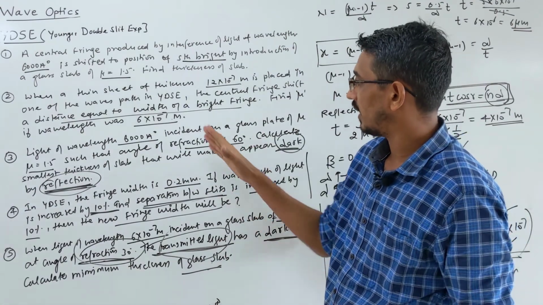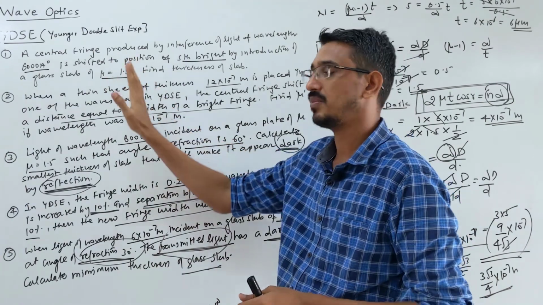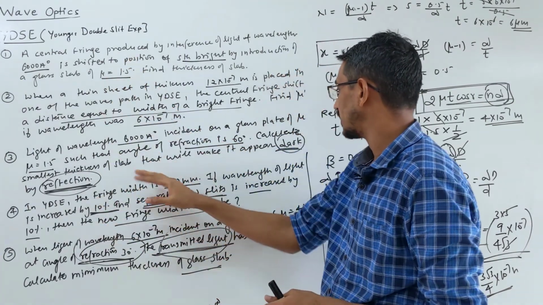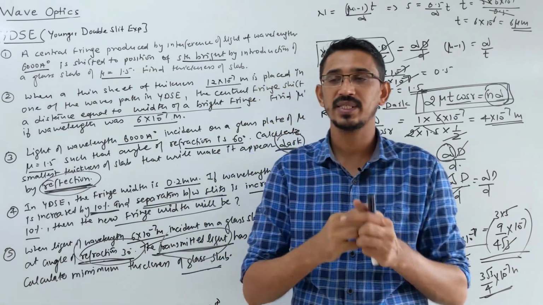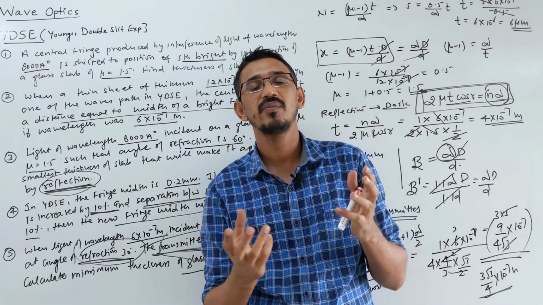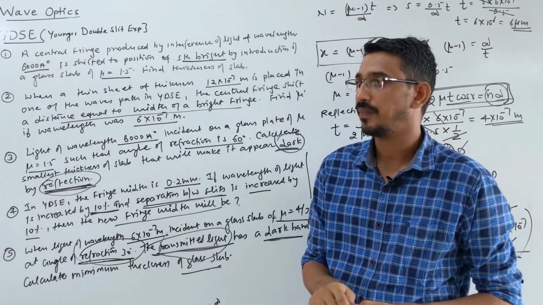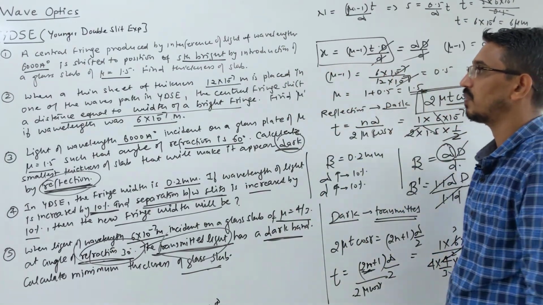These questions are not very important from the exam point of view. Only the introduction of the glass slab is important, not this reflection and transmission through a thin slab, because they never asked it of us. Only a theory question was asked in our exam: the colors in thin films are due to what? Interference. So please solve all the problems from your exercise 1, and if you have any doubt please let us know.